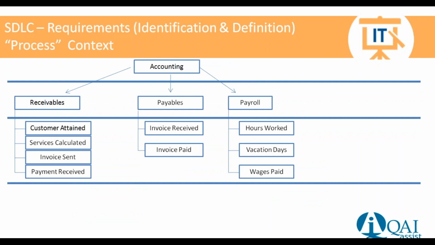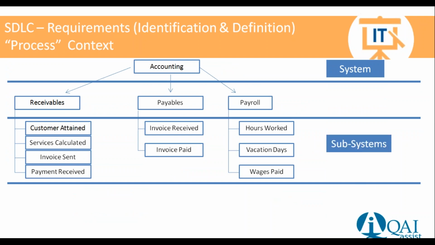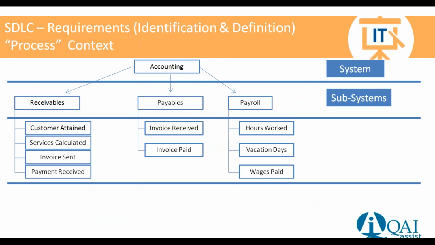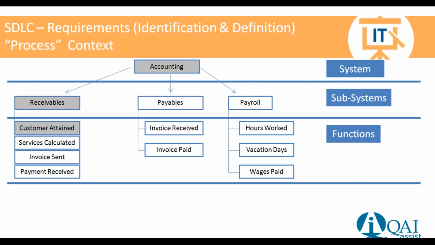Now, when we talk about process, we're going to use a number of different terms. At the high level, at the accounting level, we're going to use system, because the system is going to break down into subsystems, and the subsystems are going to break down into functions. So we see that there's a correlation between data and process. We're talking, though, in the process perspective, and we've broken it down into our functions. We can further break it down.